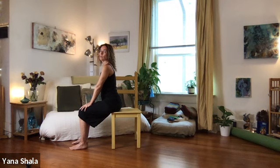And back to neutral. Find your neutral position again. Make sure everything is back where it needs to be. And we're going to take 3 rolls on one side and 3 rolls on the other side. If you get dizzy rolling your spine around, go slower, be more mindful of the movement and the pace you're going in. And another thing that can help also is gazing at something that is steady in front of you, that is not moving. So let's go one direction, 1 roll,